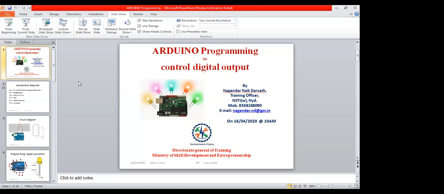I am using here one potentiometer as the input, because potentiometer means what? It is like a rheostat, a variable resistance kind of thing, right? If you rotate the knob, then the resistance will change from 0 to whatever, like the fan control which you see in your home. Fan control, speed 1, 2, 3, 4, 5, in that way.